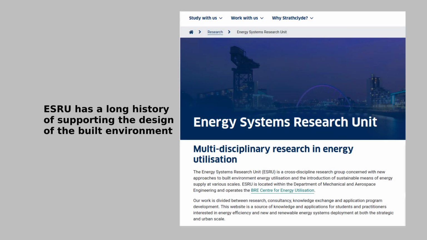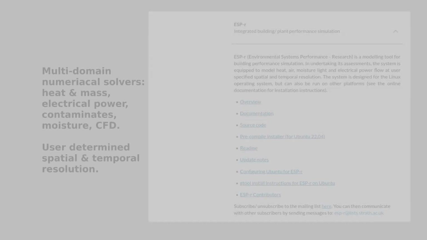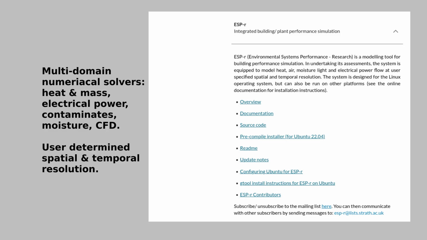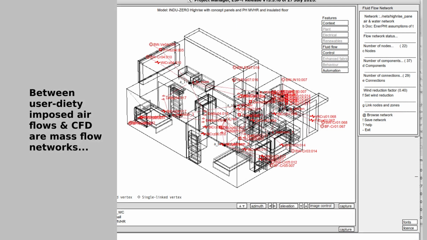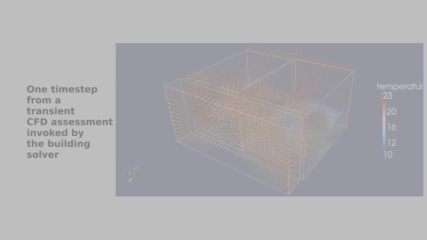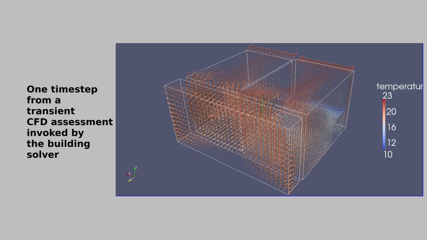My numerical tool of choice for natural ventilation studies has long been ESP-r. Of course I would say that because I'm one of its developers, and I've carried out scores of consulting and research projects with it. The folk who wrote the underlying solution techniques and the data model were actually quite good at what they did. Midway between designer deities who insist on imposing their own flow rates on the building and the CPU-melting realm of CFD,